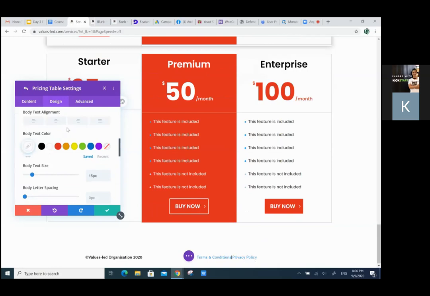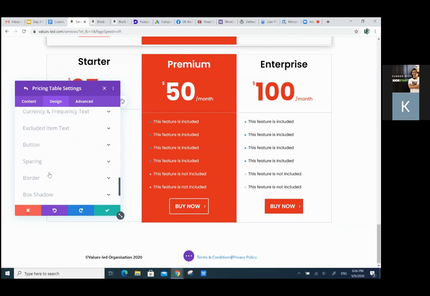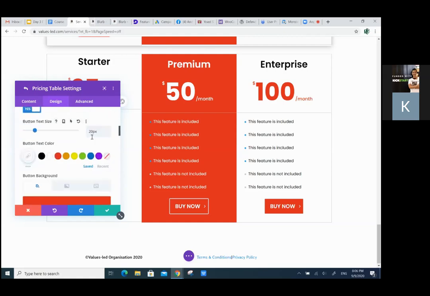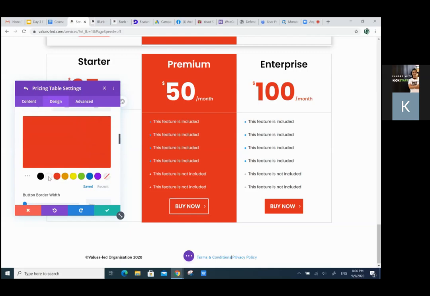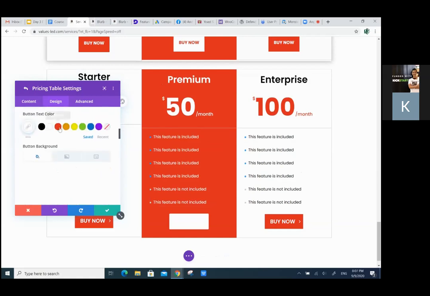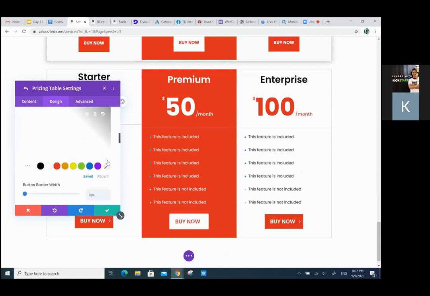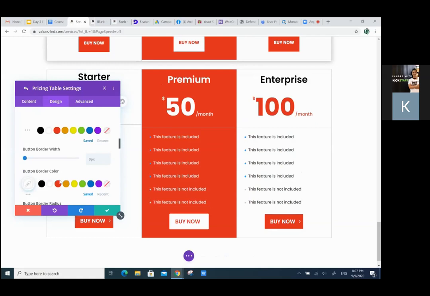So going back to the design, since we are here, we can just scroll down to the button and then slightly make adjustments to the button. So the button color should be white, and then the text should be red. And there shouldn't be a border, so